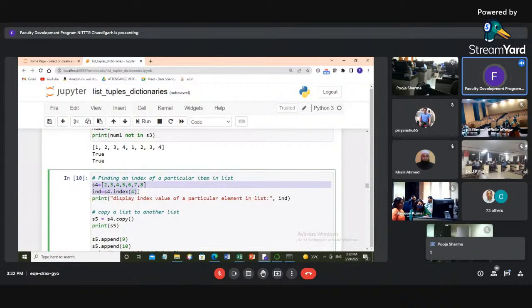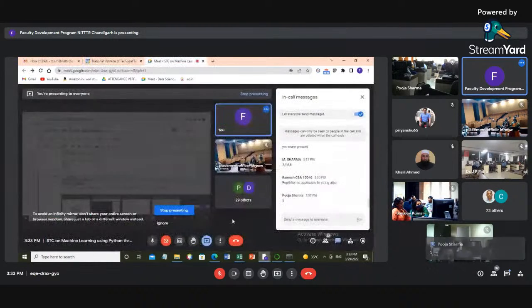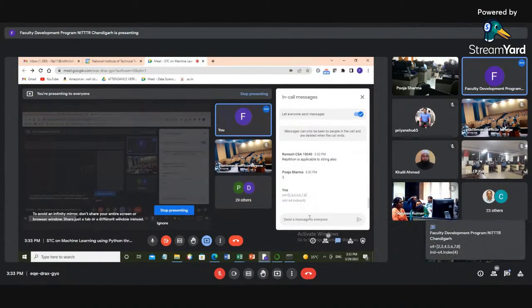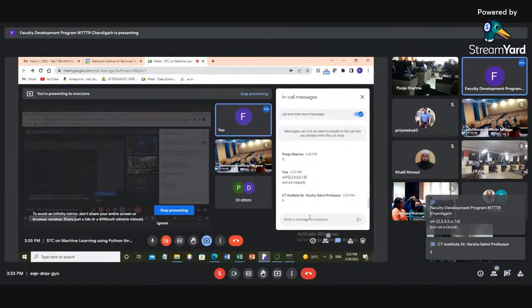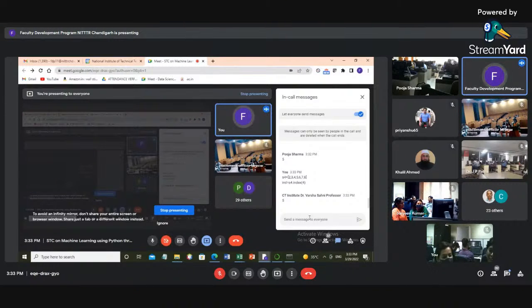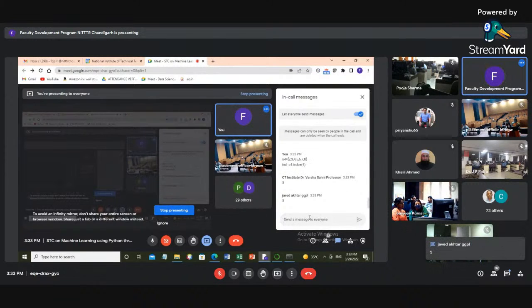I'm putting this here in the chat window. I'm asking you what is going to be the index for the element 7. Correct, it is 5. So I received response from Pooja Sharma and Dr. Varsha, Mr. Javed, Madhu Sharma,